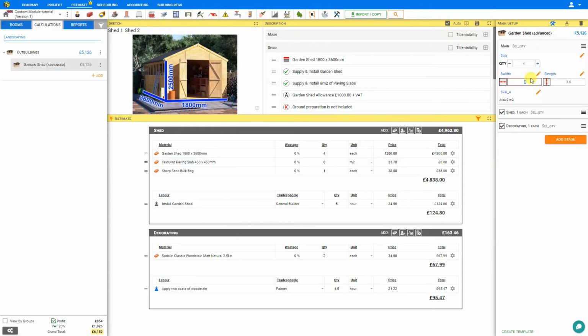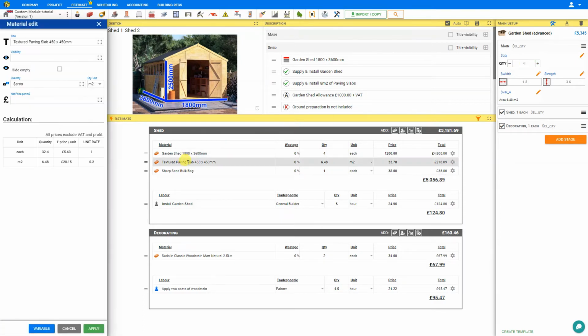And let's change our width back to 1.8 meters. And we can see that the paving slabs have calculated that 6.5 square meters will be required for this area. However, we can see that it is not attached to the quantity component. The number of paving slabs are not increasing as we increase the number of sheds that need to be built. So to fix that, we'll simply go back into our materials edit pane, and we'll modify our quantity formula here as area multiplied by